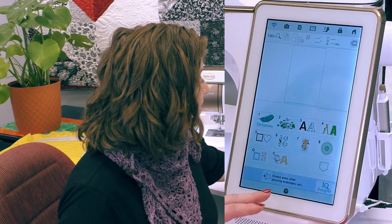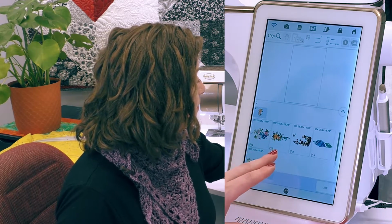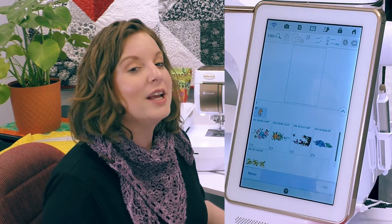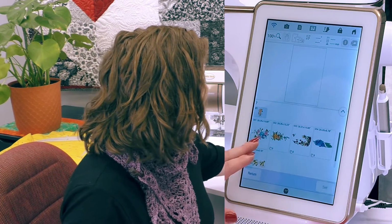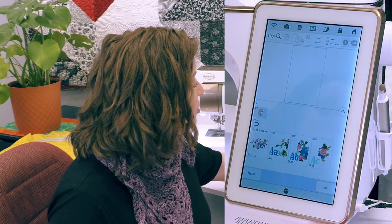Now, another feature that they added, another section to the embroidery, are these long embroidery designs, and these are continually hooped. So these designs are actually too big for any of the hoops that we have on the Solaris Vision, but just like quilting in the hoop, it walks us through how to hoop it so that we don't have any mismatch of our stitches. So this design right here is 28.35 inches by 14.96 inches, far bigger than our hoops. But when I choose this design,